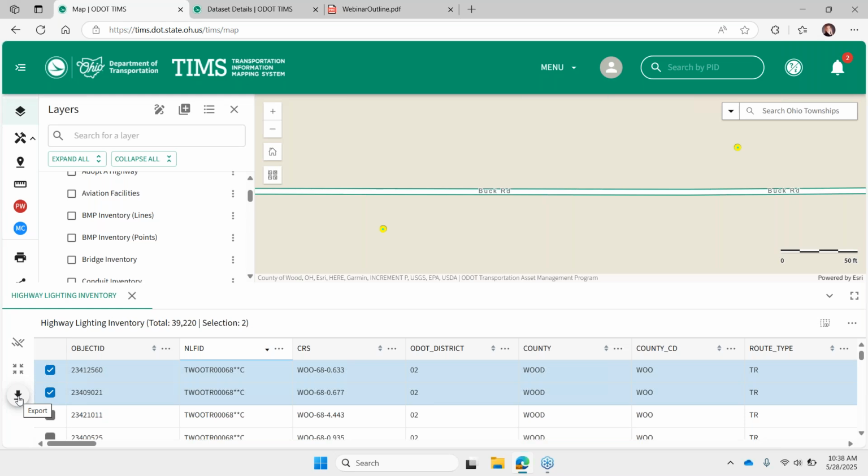Remember, we saw the download links on the data details page, but you can also just download a subset from the attribute table. And there's limits to this, 500 records from this attribute table. Otherwise, you'll want to get the pre-packaged full data set from that download page. And that just ensures that we're not bogging down the servers and we're keeping everything responsive.